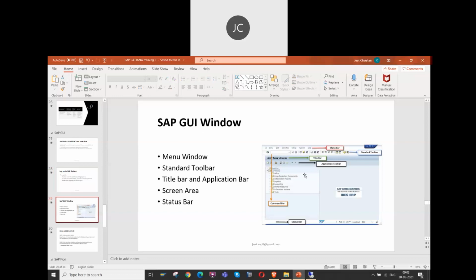And in the SAP GUI, in this screen which you are seeing, we have five bars here, right? So this top one is called the menu bar, okay?